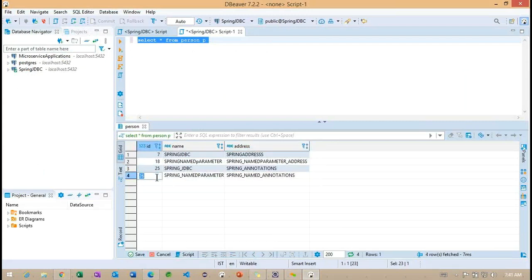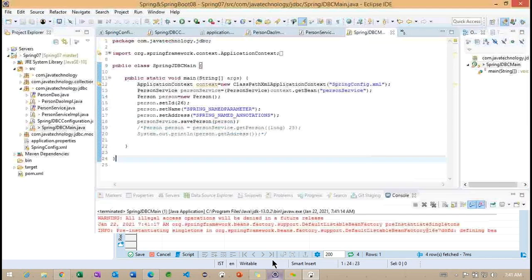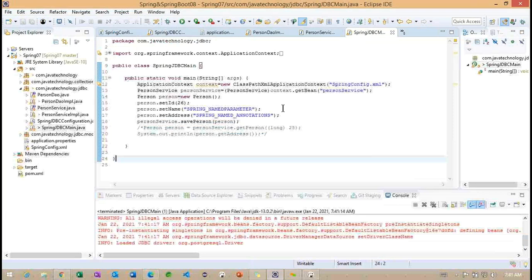Okay. But now, what do we have to do here to update? You have to pass the ID and name. Which ID or which name you have to update. Okay.